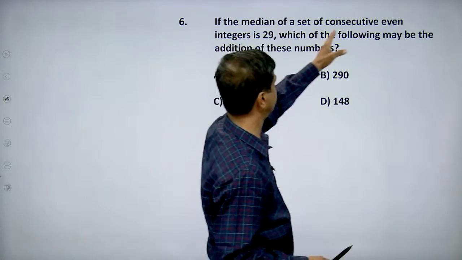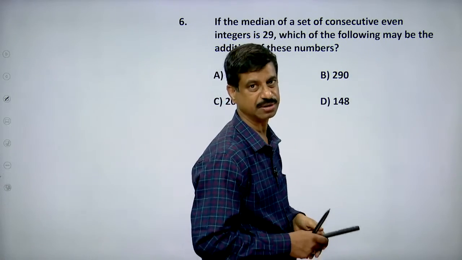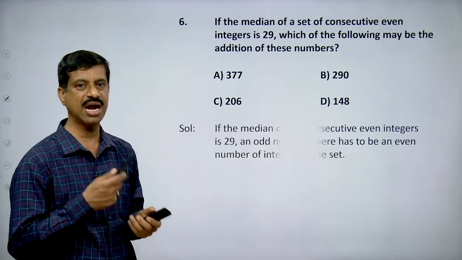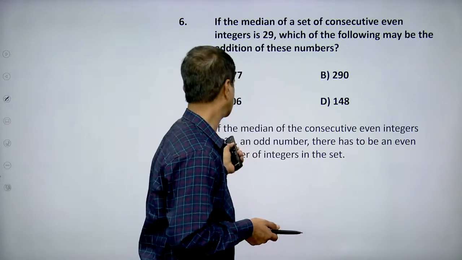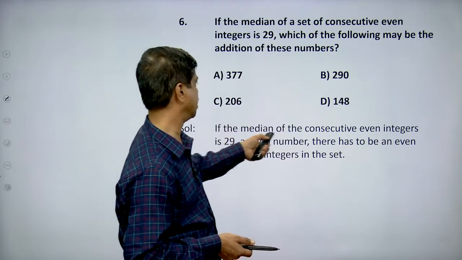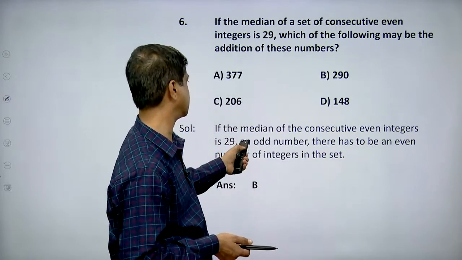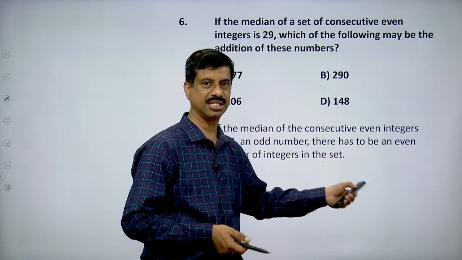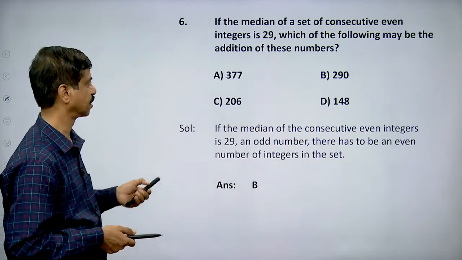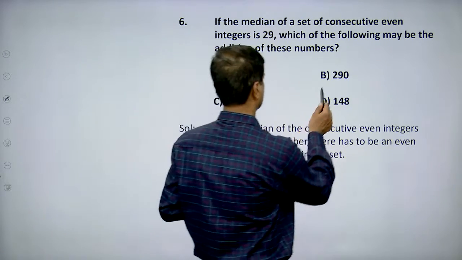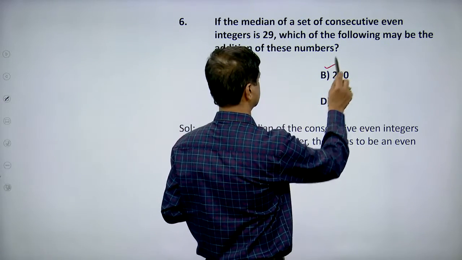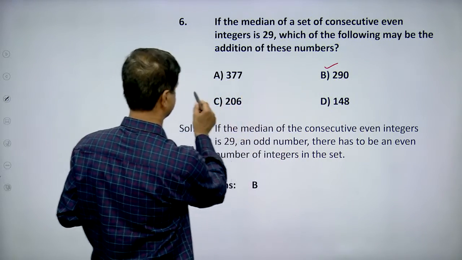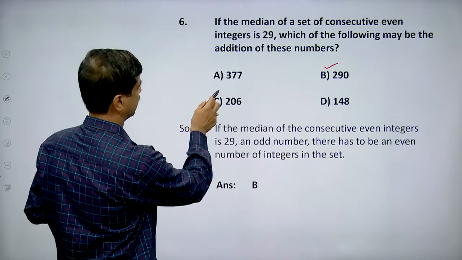If the median of a set of consecutive even integers is 29, it means there will be two terms in between, and their average is 29. So if the median of consecutive even integers is 29, an odd number, that means there is an even number of integers in the set. This we have already discussed. So the number which is divisible by 20 is this, and this is not divisible, this is not divisible. 377, I don't know if it is divisible, for 29 it means 87,